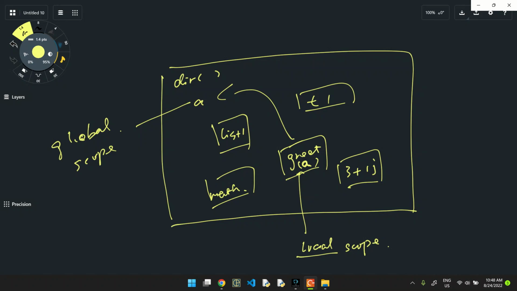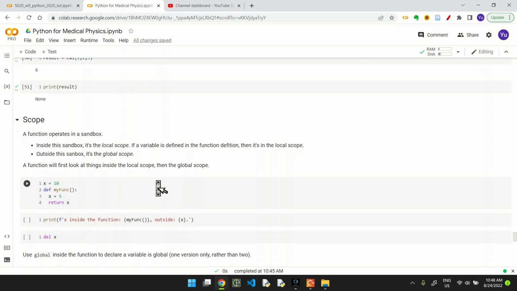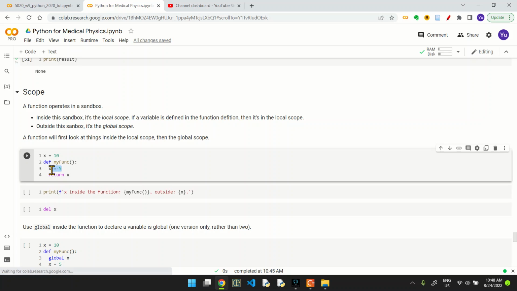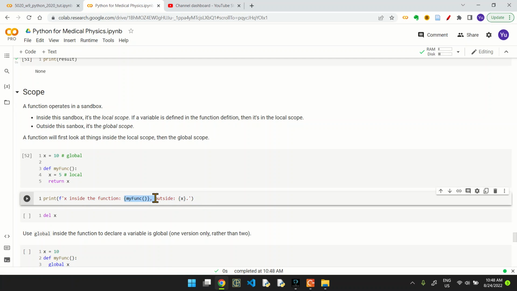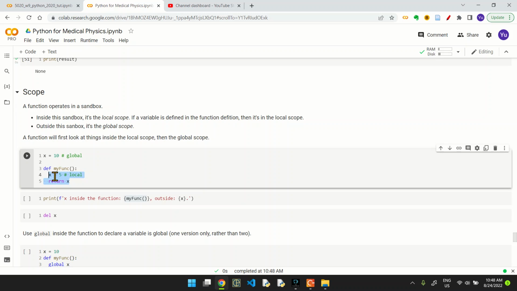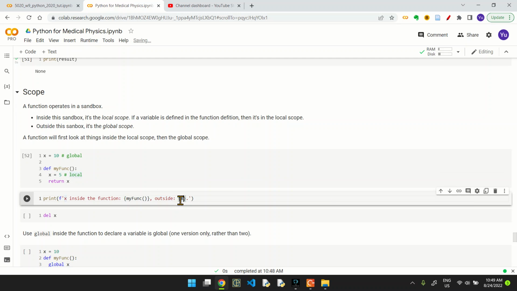So what we're going to show you is the global and local scope. First of all, what's defined inside that function will be a local variable, which means it's only local to the function. So in this case, we have x equal to 10 outside the function, that's a global variable. And we also have an x of 5 defined inside the function, that's a local scope. And we can print this by executing that function because this one just returns the local variable. And then also look at the x outside the function, what that is. So if we execute that,